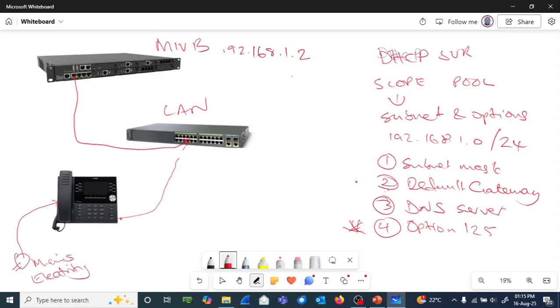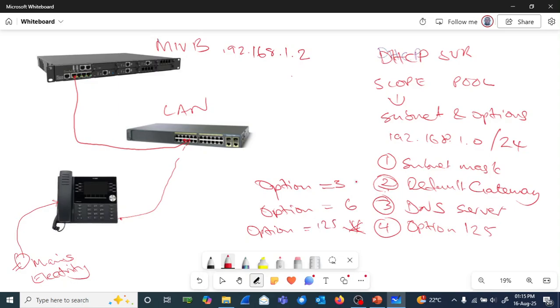So the default gateway is represented by option number 3 in the DHCP scope, and the DNS server is option number 6. And our Mitel option, the one that we want for our phones, is option